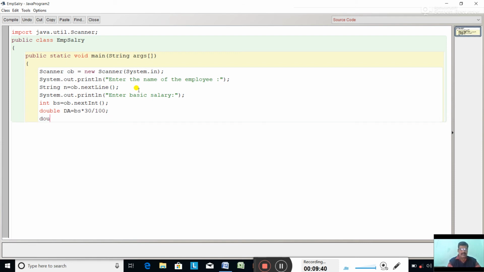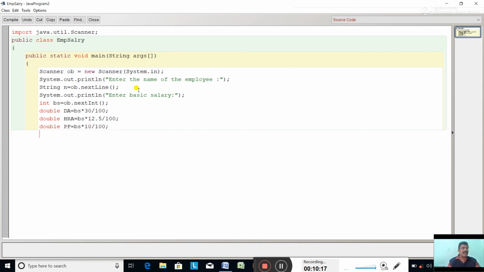Now double house rent allowance, HRA equal to 12.5% of basic salary, bs into 12.5 by 100. Okay. Now PF is 10% of basic salary. The PF is deducted. PF is called Provident Fund. It is an amount, as I discussed on the last day, which the employee gets after his retirement. The bs 10%.